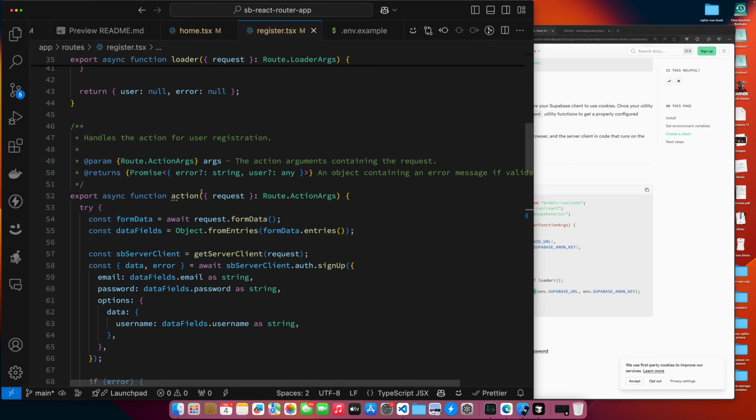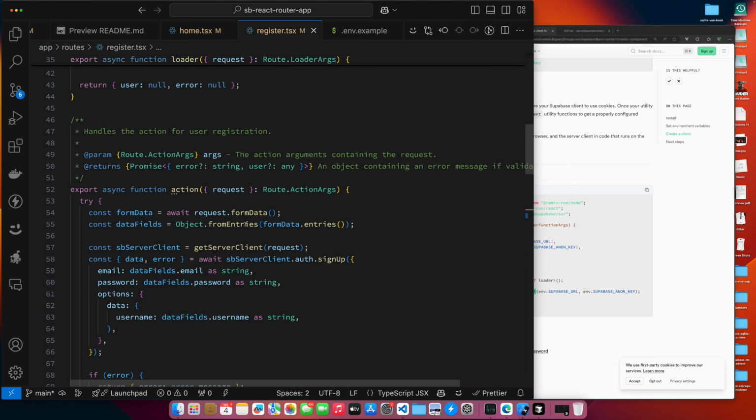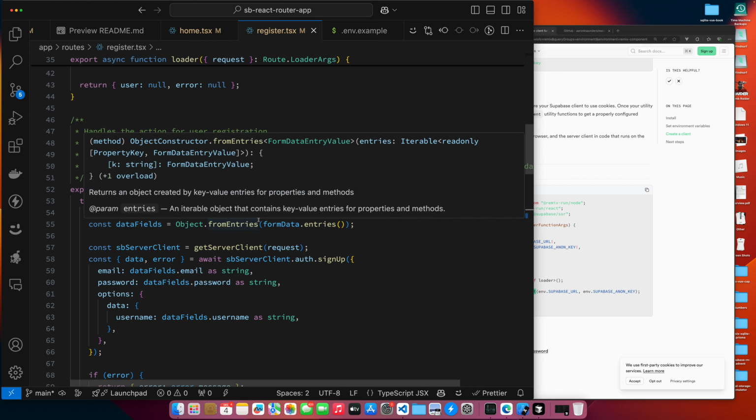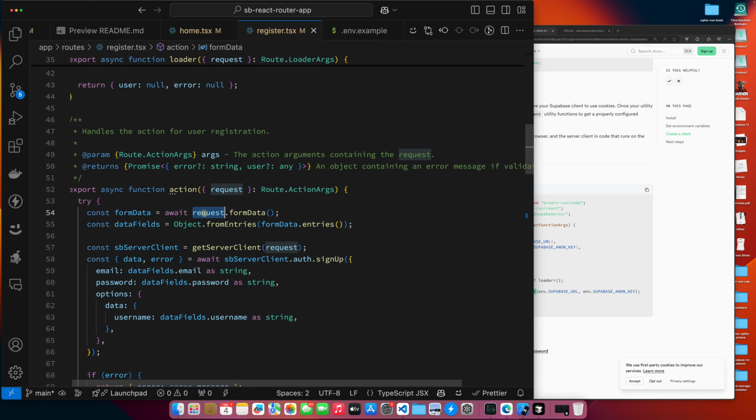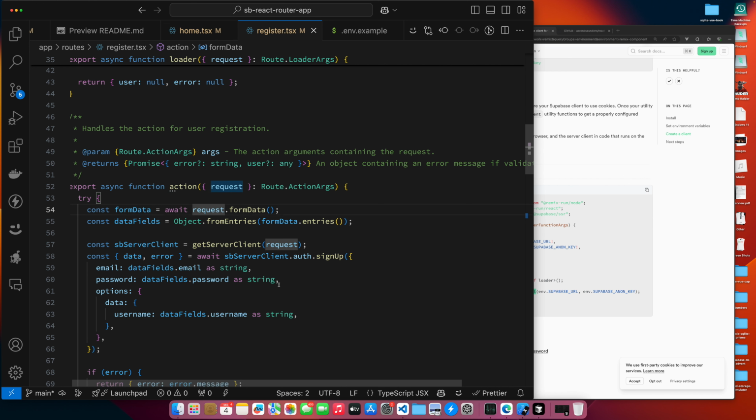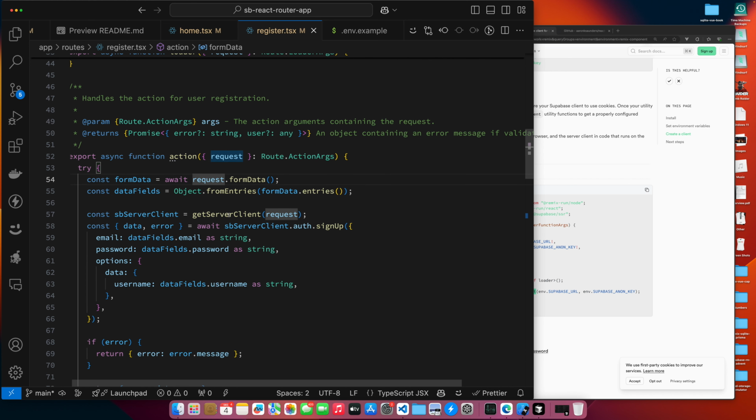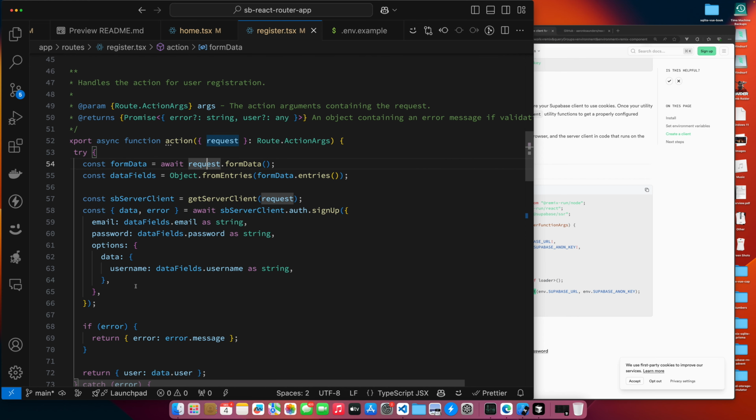So now this is our action, and very similar as before, we're going to pull our form data from the request. Because remember, now we're on the server side, so we're going to pull our form data from the request, get the values, and then we're going to use our helper function, our get server client. Now we have a Supabase client. And then now we're going to do our auth sign up. We're going to create a user using the email, the password, and then we're going to associate a username with